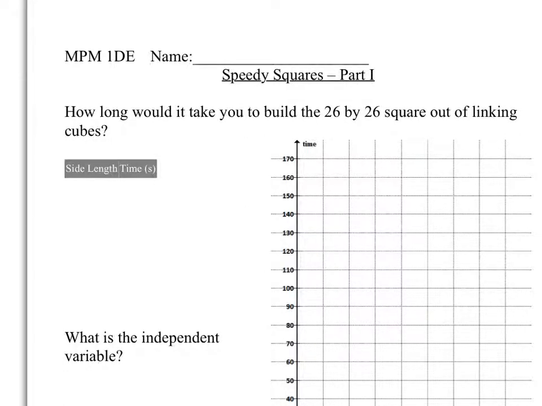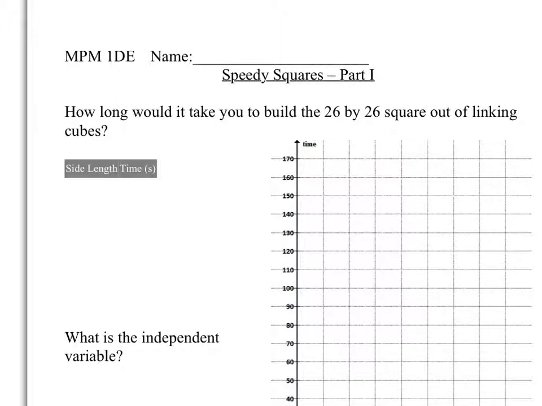Hello. In this video we're going to do a recap of the investigation we did called Speedy Squares. There were two parts to Speedy Squares and a whole bunch of little subparts, but I'm just going to go over the main idea of the first part so that everybody's on the same track, because everybody designed their own little house and did it their own way. I want to pick out one way of doing this so we all have the same basic understanding. So for Speedy Squares, I asked you guys how long it would take you to build